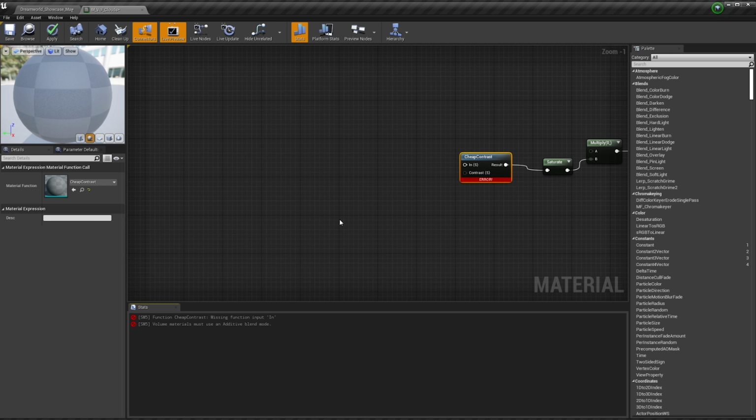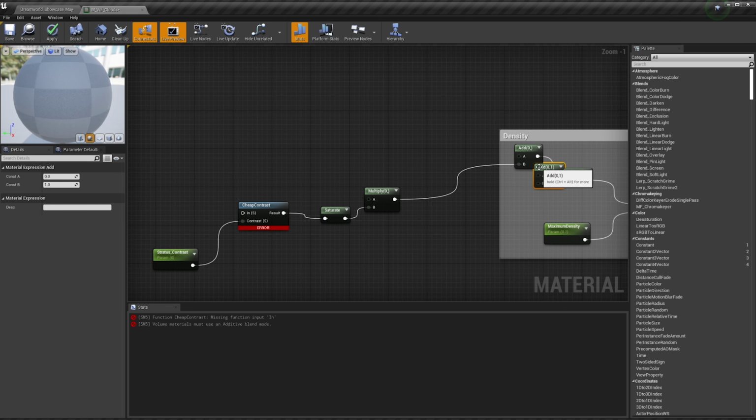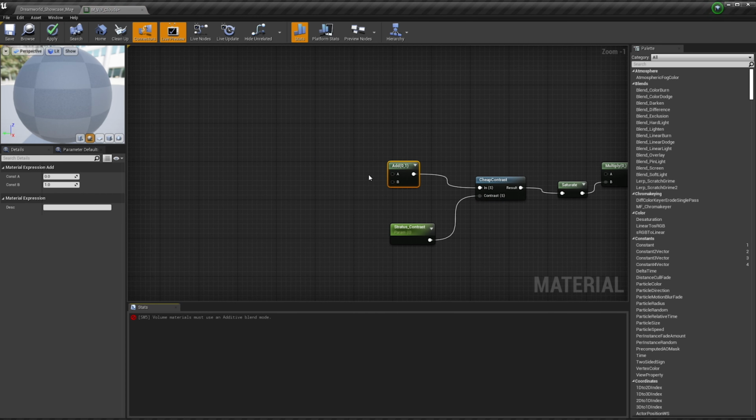This has a contrast value, so we can add a parameter in there and link it over into the contrast and convert that into a parameter, which again we can call at this point stratus contrast. And then we need to bring in another add node, and you'll see how all of these link together. So connecting this over into our input for the cheap contrast,